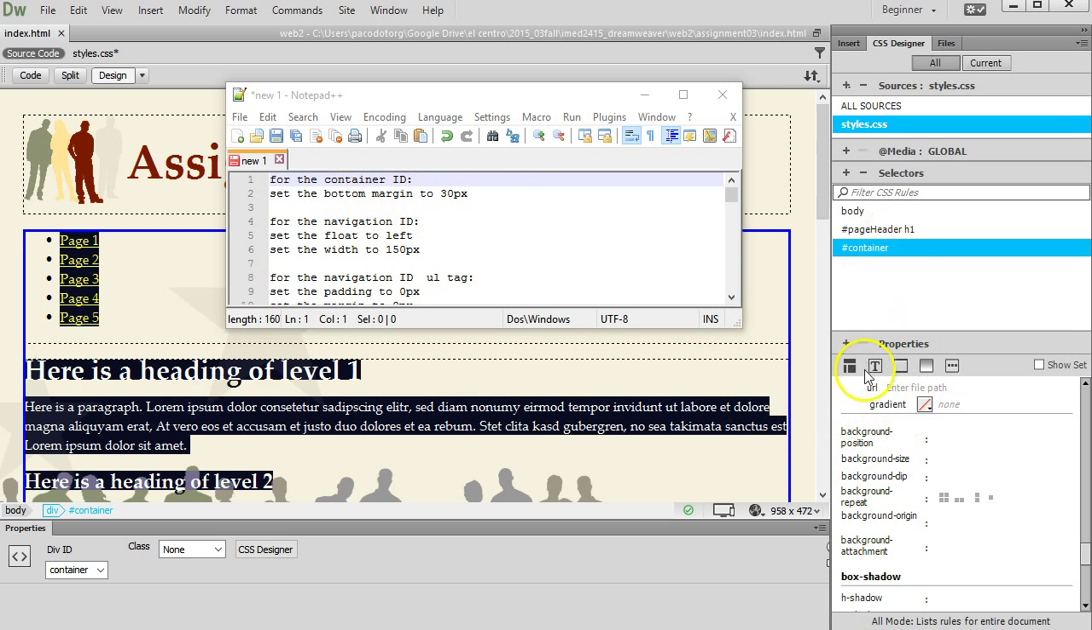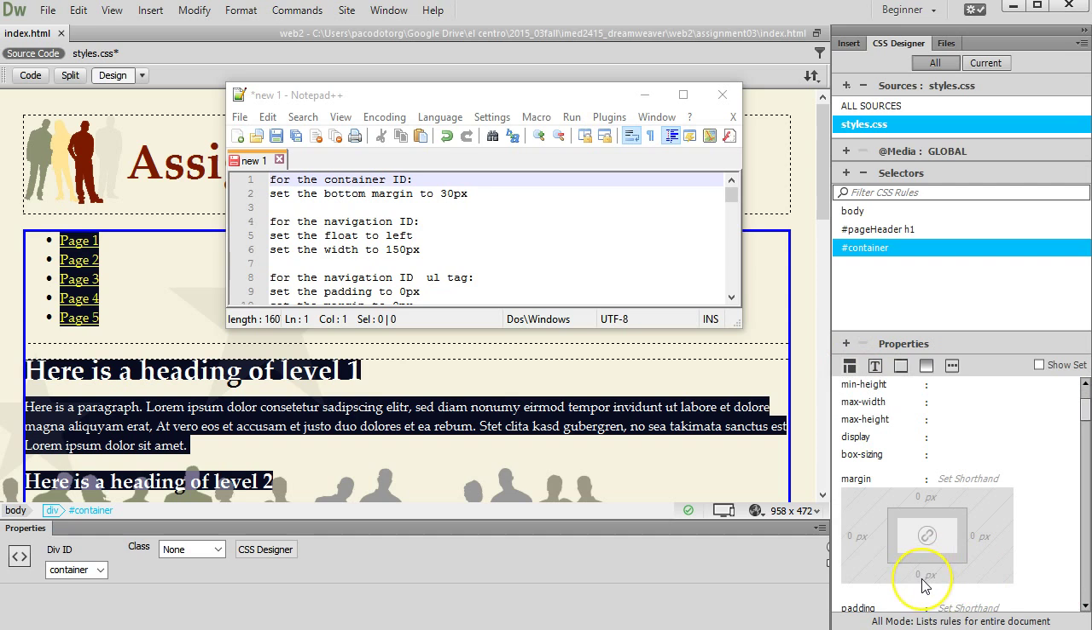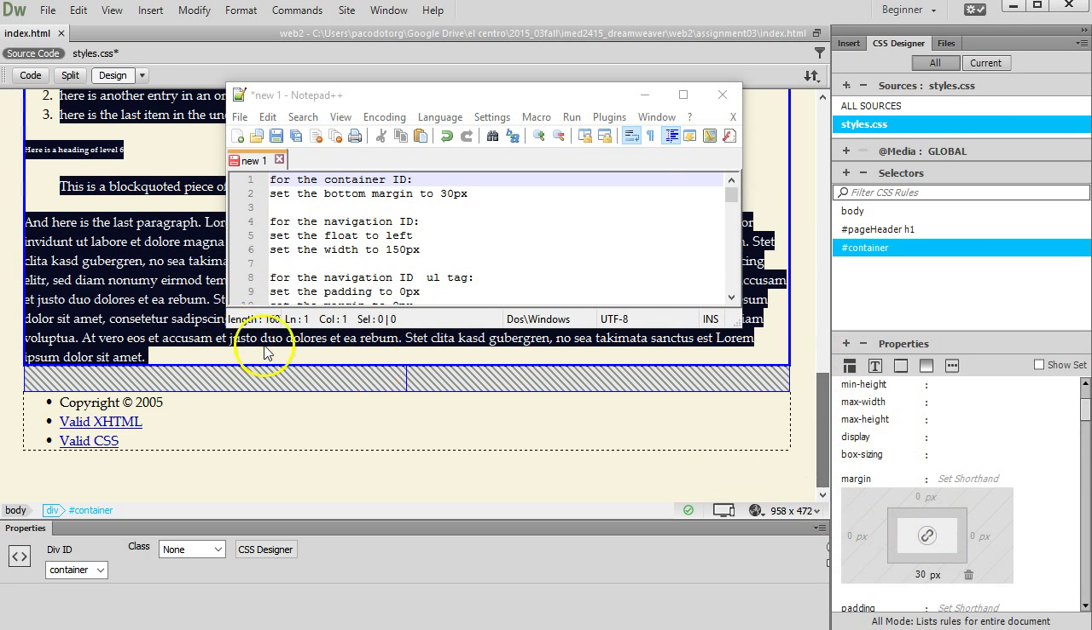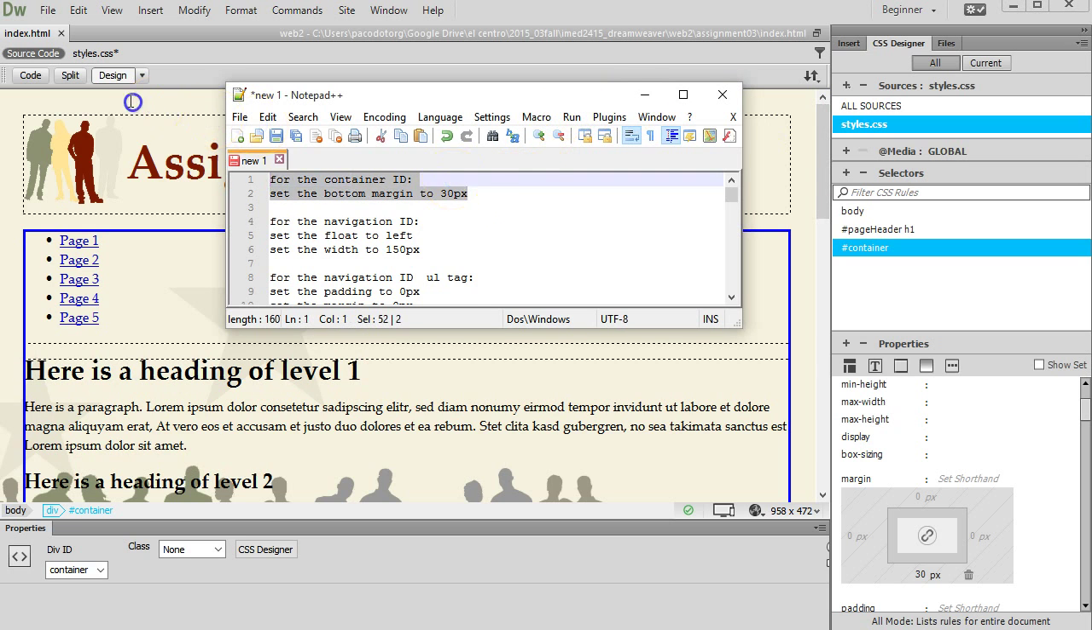So not many changes on container. I'll go to layout to find the margin, and then in the bottom we're going to change that from 0 to 30 pixels. And we can't see it, but at the bottom there's just this little space that now appears. You can see that it sort of looks grayed out with the diagonal lines. I can delete what we just did,